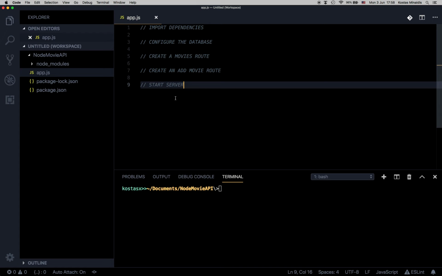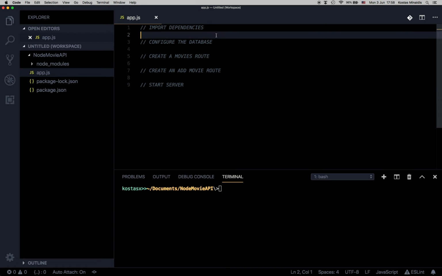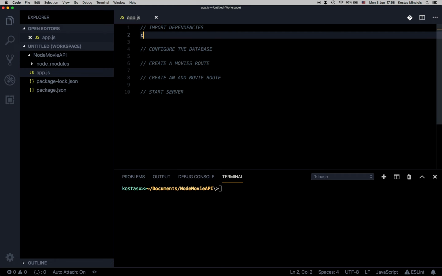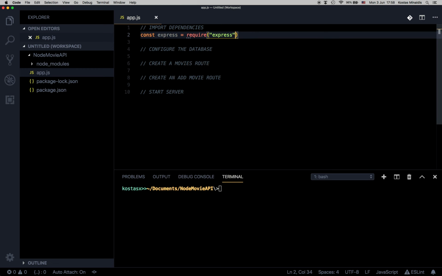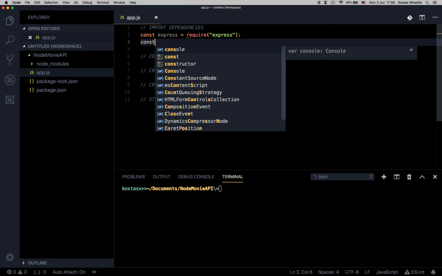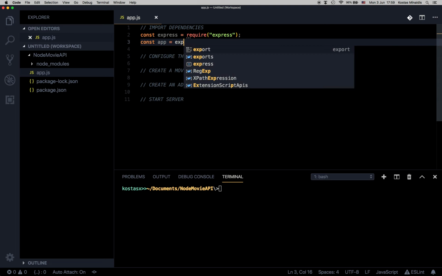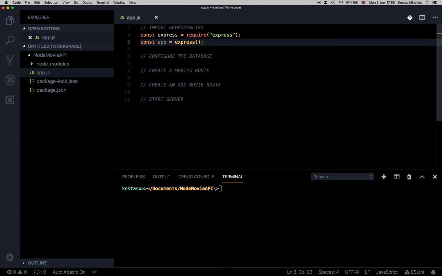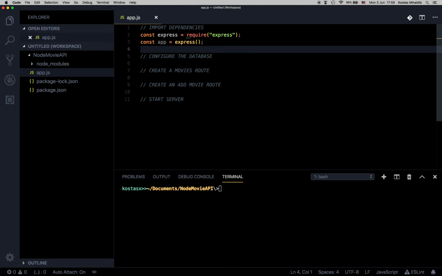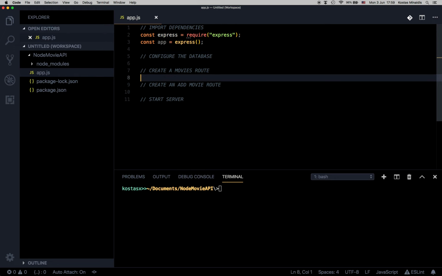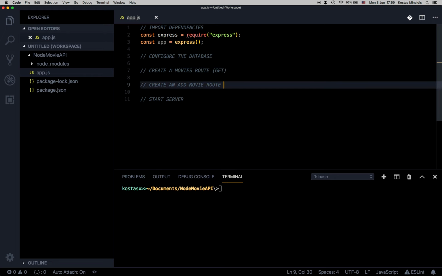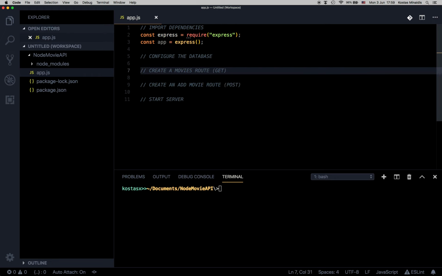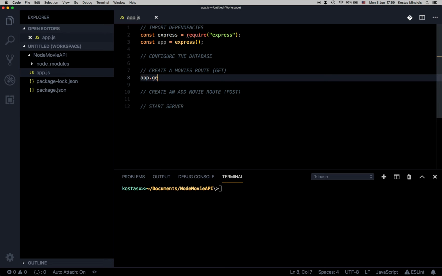So let's start by creating a basic Express.js server. First of all I will have to import the Express module and then instantiate a new Express app by running the Express module. And now I'm going to create two basic routes. This will be a get, and this will be a post route where the user can post some data. So app.get to create this route,